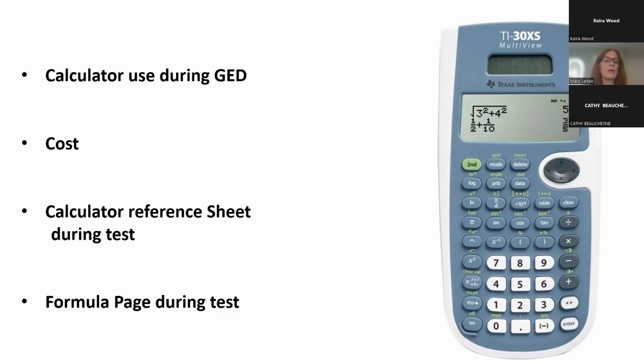The calculator is only about $15. It's a powerful tool. It's only $15 or $16 on Amazon. You can get it at walmart.com as well. A lot of our students will buy it just from Amazon and just keep it so they have it. And during the test, they get 2 things, which I